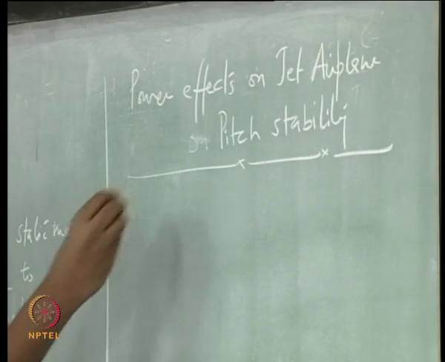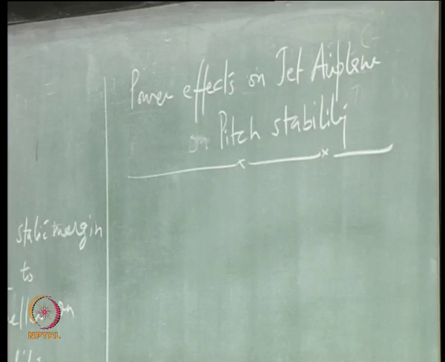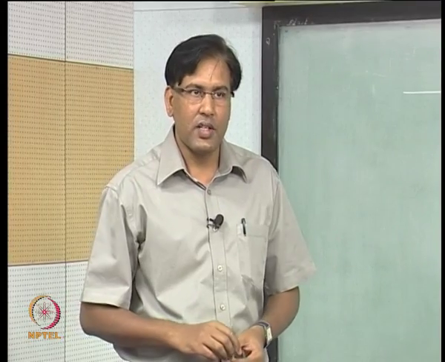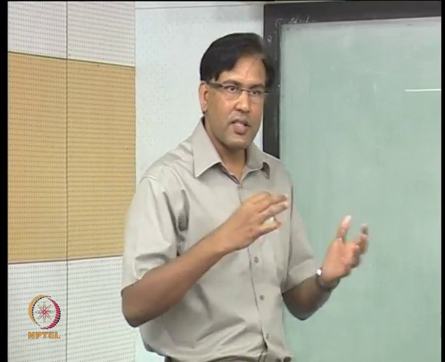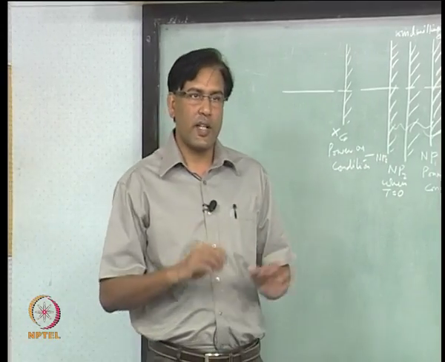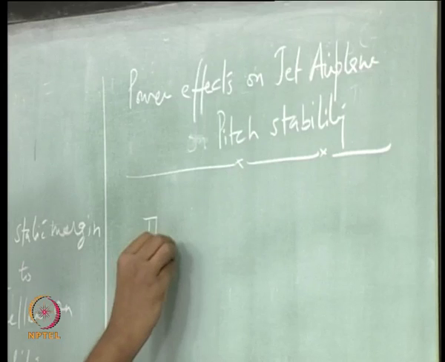Here also something like that may happen if your tail is lying in, let us say, the exhaust of the jet engine, right. Jet engine thrust is not changing with velocity roughly, right. So, thrust can be taken as a constant